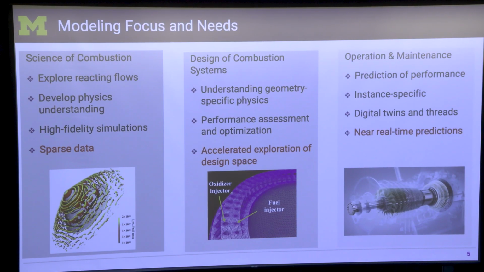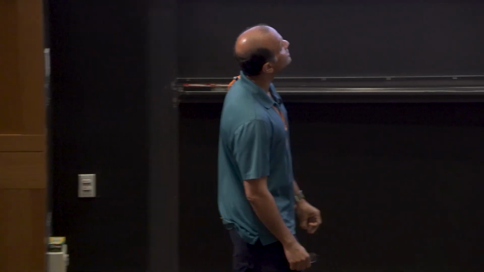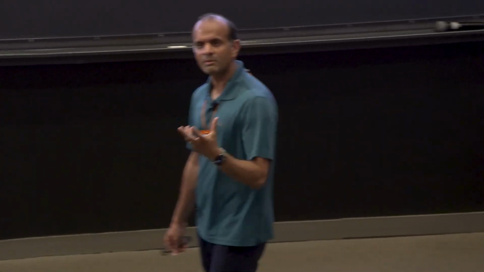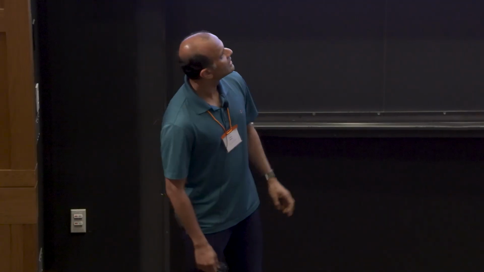But the last part is the most critical now, right? Because everything is data, and I'll be remiss if I don't use the phrase artificial intelligence, right? So everything is AI and ML. And to do that, there has to be a need. You don't just do AI and ML because someone else says it's important. There has to be a purpose for it. And our purpose, when we do combustion physics, comes from the economic need, right?